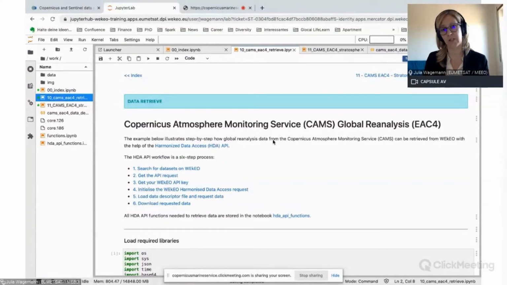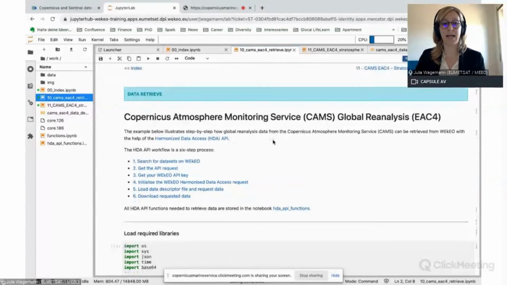And I will also showcase how you can prepare a data descriptor file for the specific data for CAMS global reanalysis data, but also for other data sets you might be interested in. And so, as I said